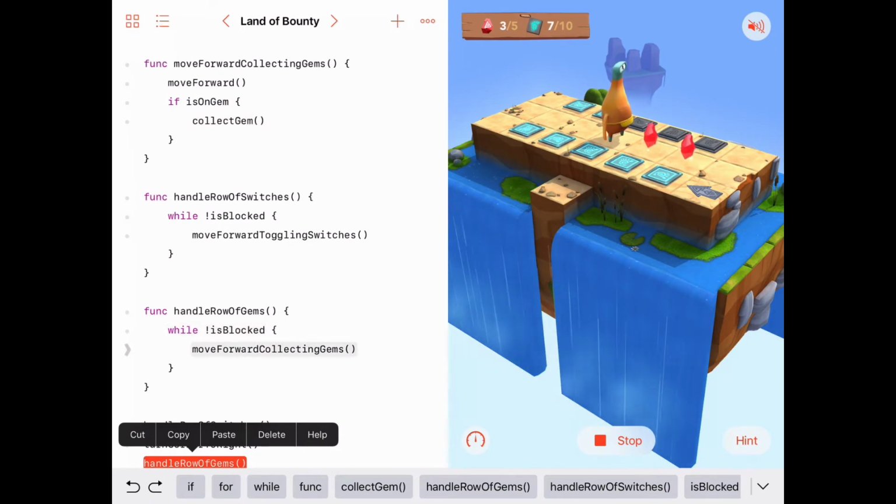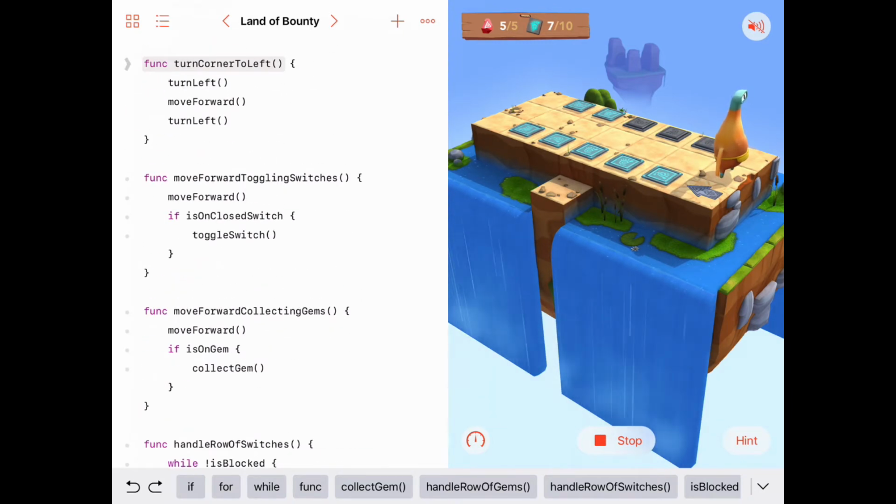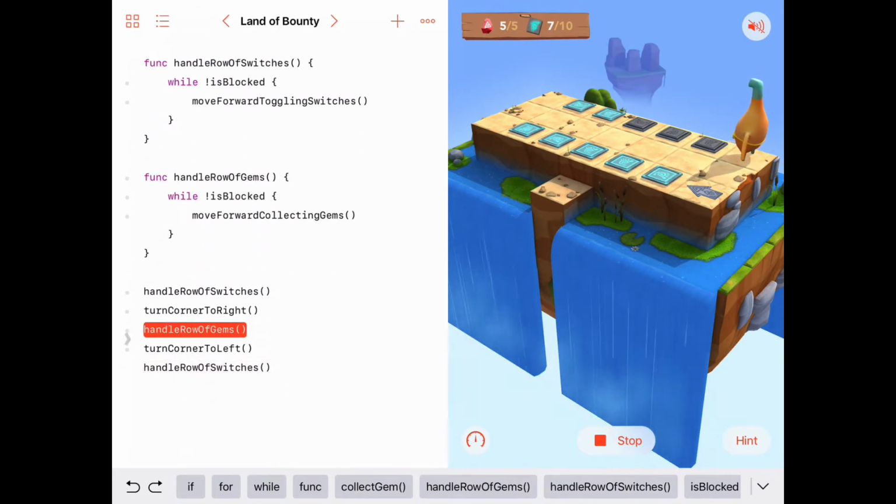Still not blocked, so we move forward collecting a gem. And not is blocked is still true, so we move forward collecting a gem. And now we say, are we blocked? No, not yet, so we move forward, but no gem to collect, so we're done with this while loop because now we are blocked. So now we call turn corner to the left,